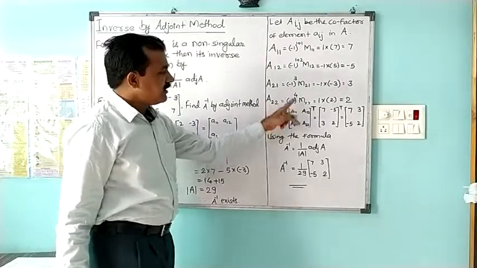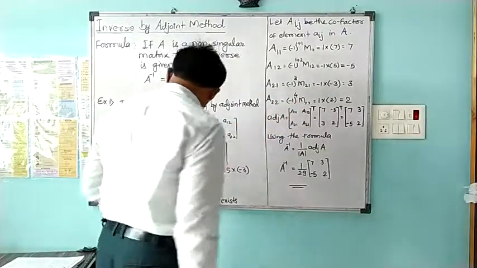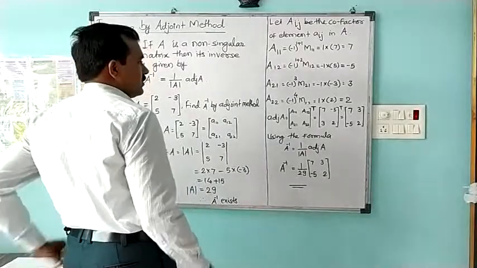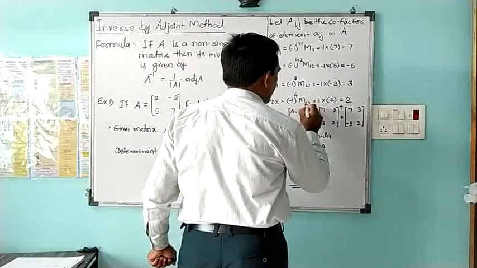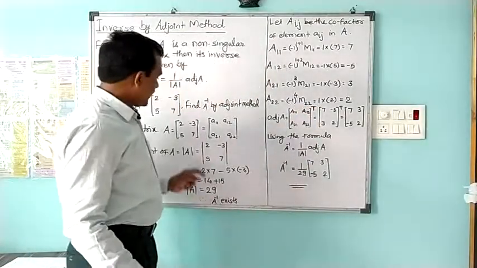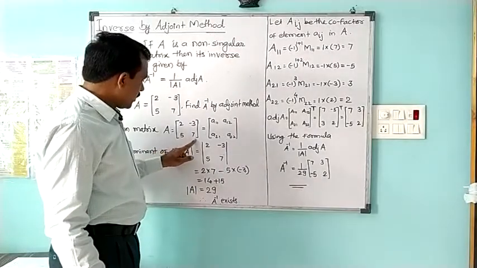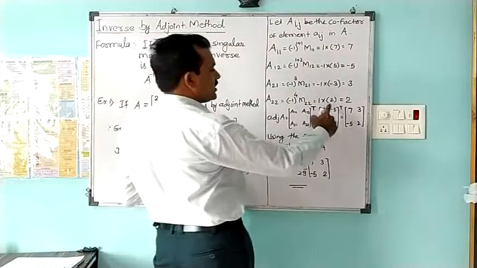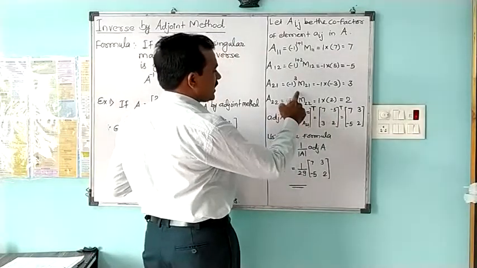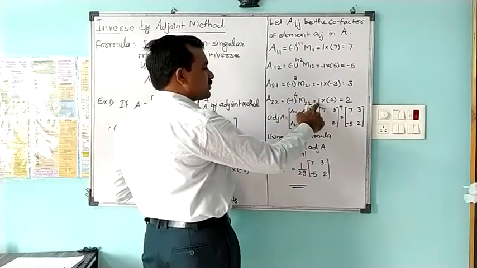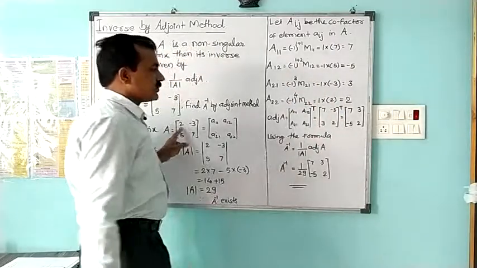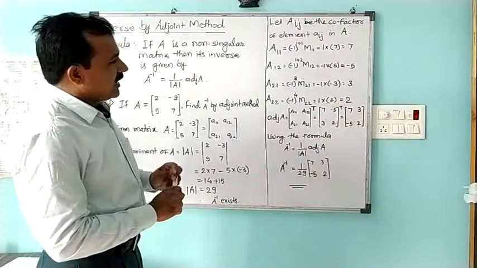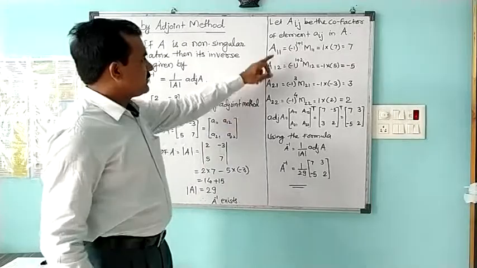And the last cofactor, that is A22, can be evaluated using the same structure, -1 raised to the power of this addition and into M22. This M22 means we have to eliminate second row and second column from the matrix. Second row, second column elimination gives us the single element, that is 2, and -1 has even power, so its output is +1 into 2, so the answer is 2.